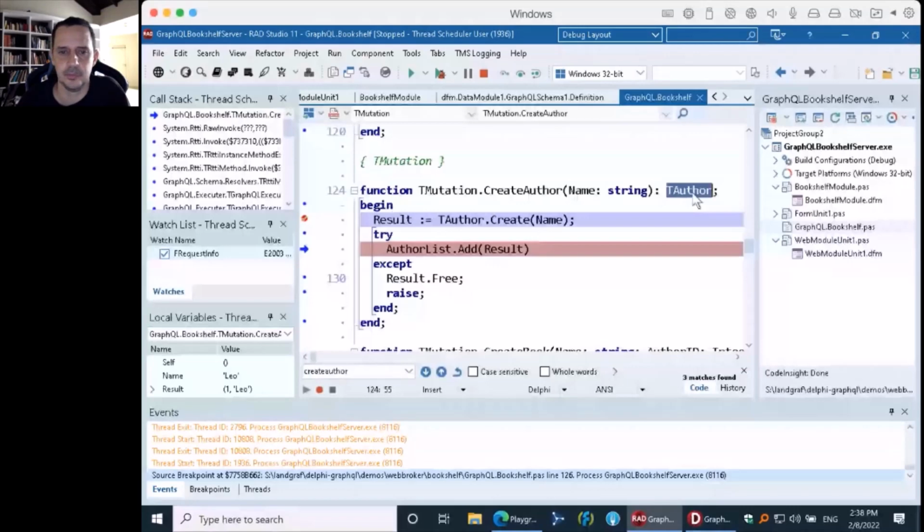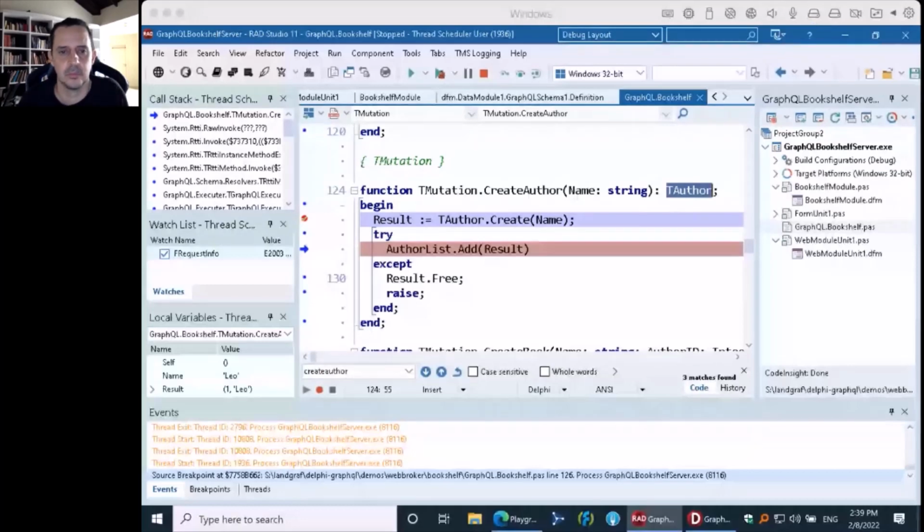Okay. What else? Rick is asking if this is a language, but I assume there will be a server implementation supplied. So there you go. Yes. Roman answered that. Can you somehow query a subset of authors? Authors with a name starting with A. That will be up to you to create. Roman, correct me if I'm wrong, but that will be up to you to create your fields to support that, right?